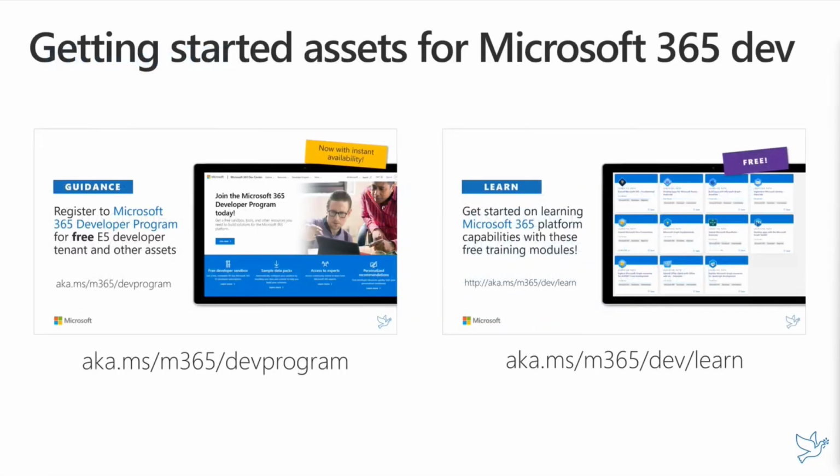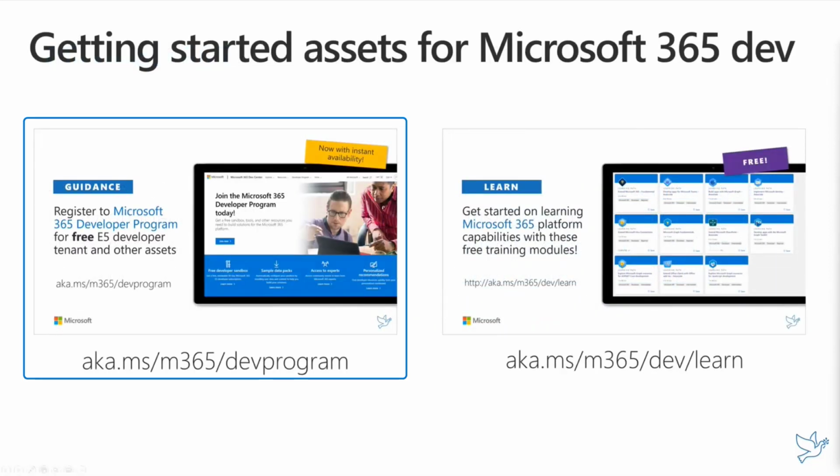Now, some assets to get started on Microsoft 365 development. We do provide you a free Microsoft 365 E5 tenant, the best possible tenant available, with all of the goodies and capabilities. If you keep using that tenant for developer purposes, we will renew it every single 90 days, which is really cool. So this is a great way of getting a free development environment which you can then use for testing your development, testing things, and figuring out how Microsoft 365 actually works.